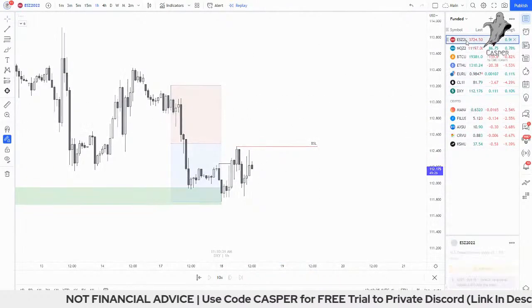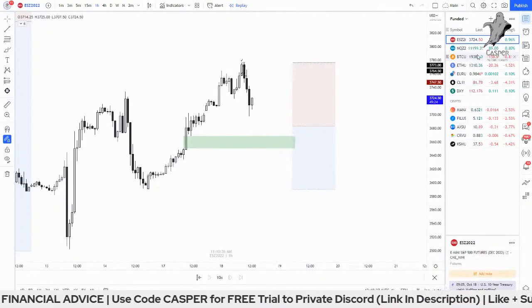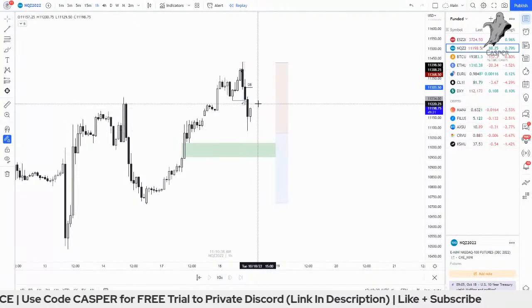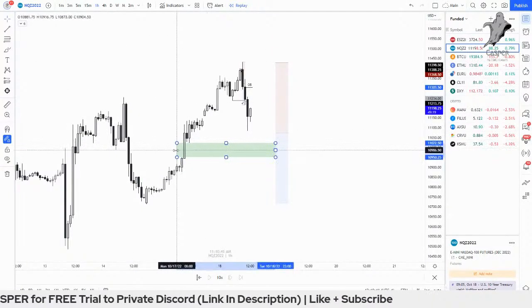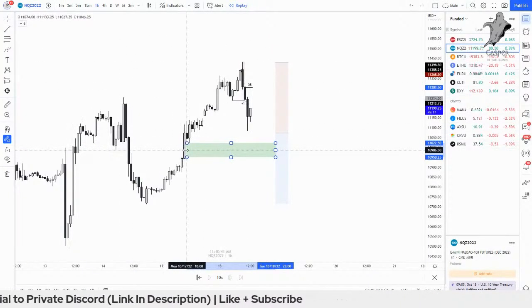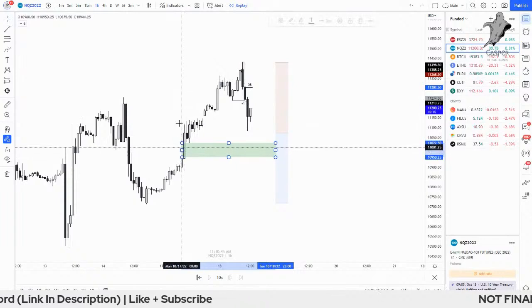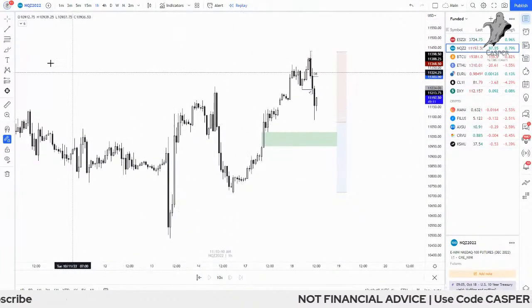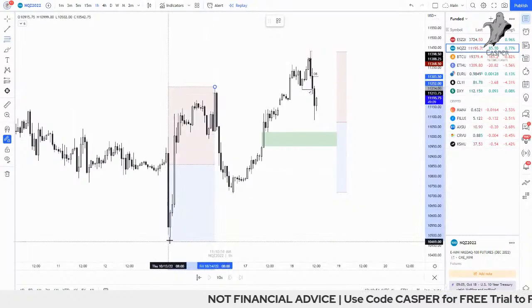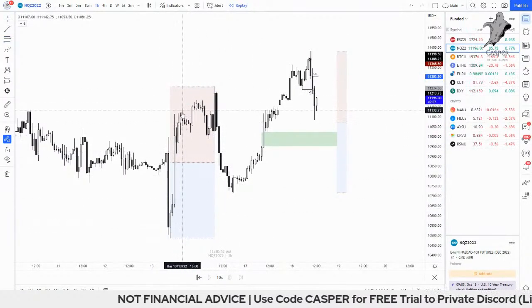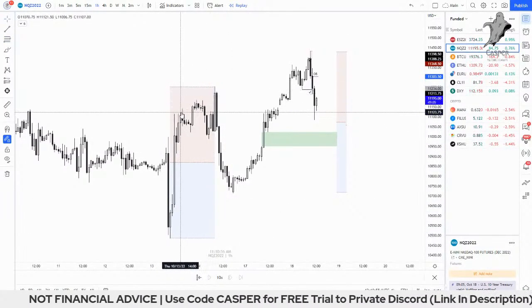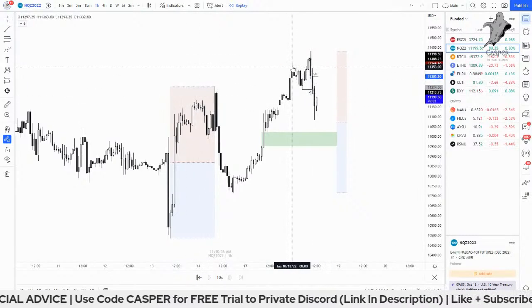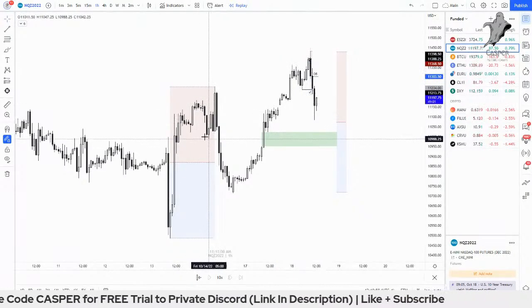And that kind of goes hand in hand with what I want for indices, because I could see a little bit of a move up here, but overall, I still want to get this down here. Again, with earnings, everything's a little bit fickle, but just like we had this range over here, we moved up, kind of raided liquidity. Looks like we had a nice little 3 drive. Here we just raided it once, pushed down, and then